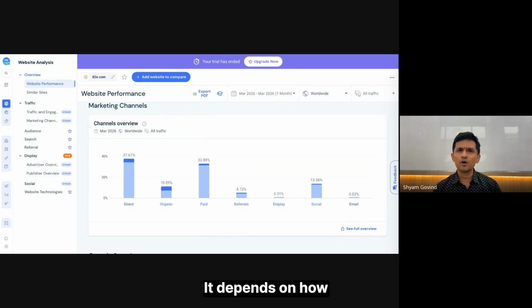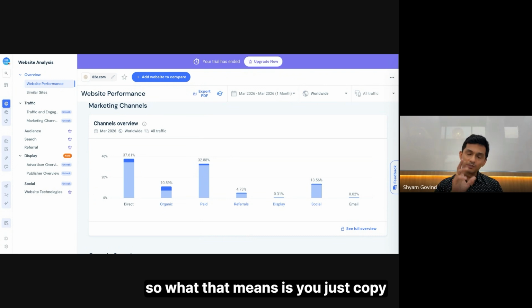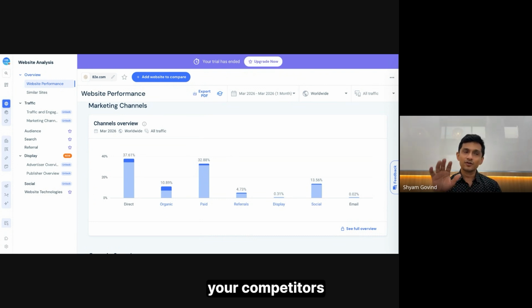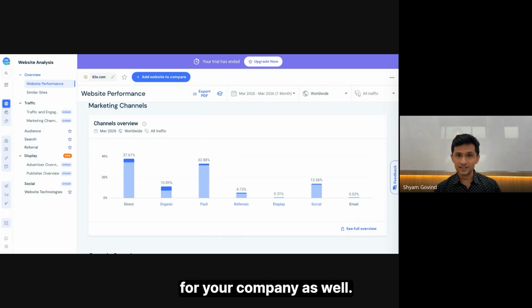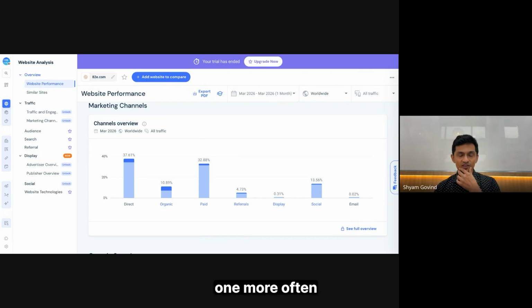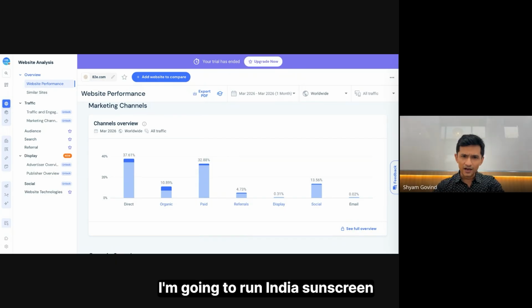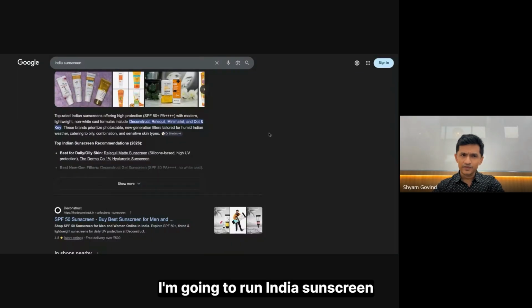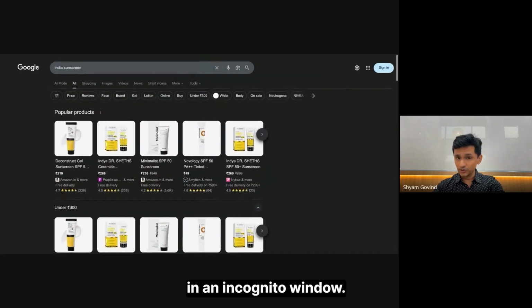It depends on how well their SEO strategy is. So what that means is you can't just copy your competitor's strategy and assume that it will be good for your company as well. You need to see who is coming up on page 1 more often than your business competitor. For example, in sunscreen, if I'm going to run India sunscreen in an incognito window, and the reason I